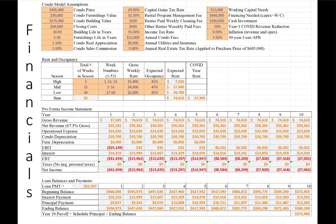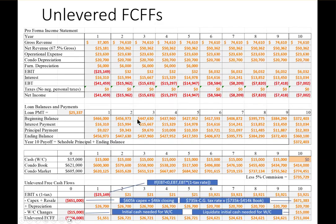We're now going to move on to calculating the free cash flows, the unlevered cash flows. We'll call them FCFFs, free cash flows to the firm. We're going to start with an assumption that there's no interest and no debt to calculate these unlevered free cash flows, which means we're going to take the EBIT after tax, which means just taking the interest component out, and then we'll make these other adjustments. So going back to the spreadsheet,